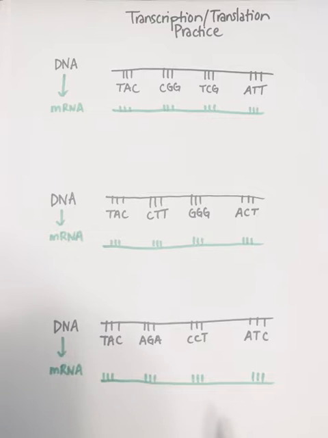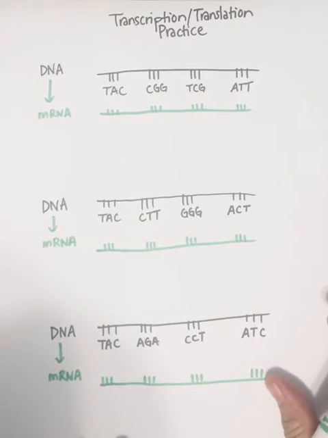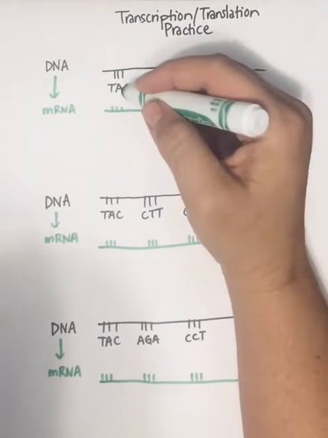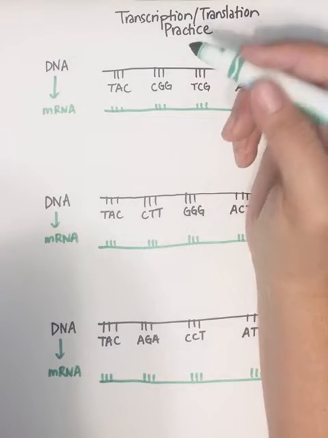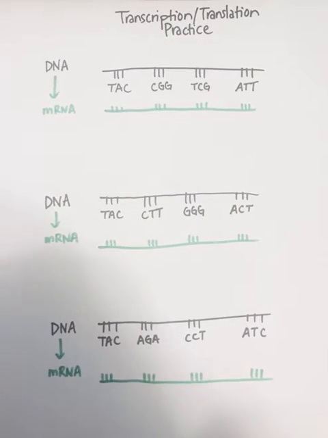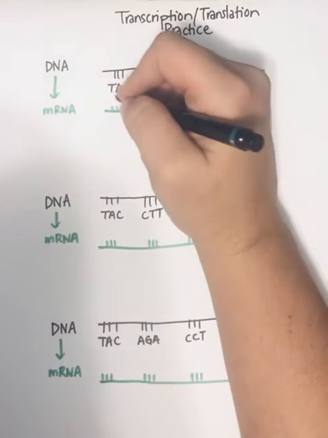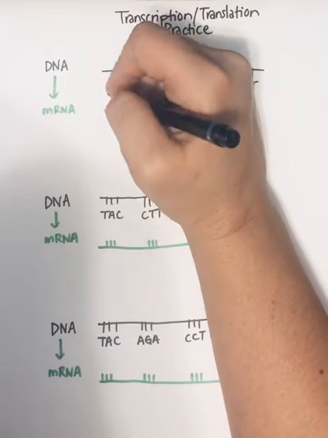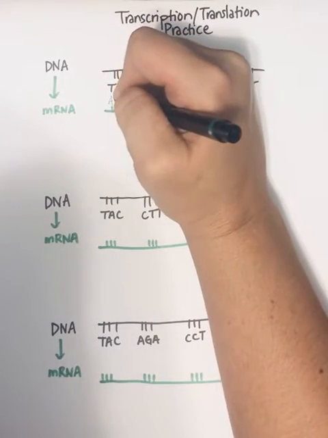All right, for transcription, you have to find the complementary base pair for mRNA. So remember, for RNA, you should never, ever have any T's. All the T's that would bind with adenine are going to be replaced with U's. So TAC, the opposite, is going to be